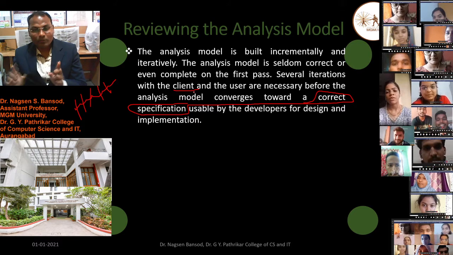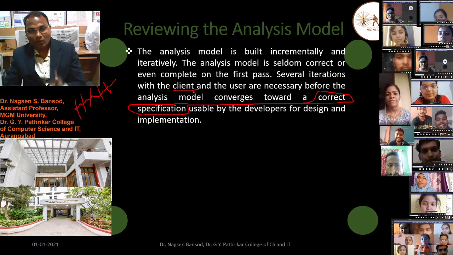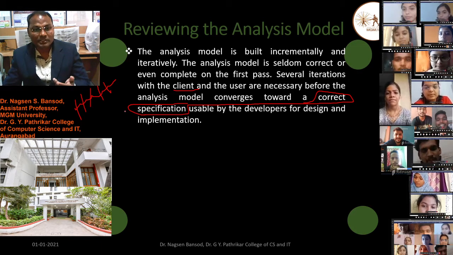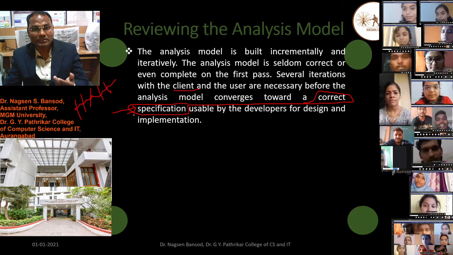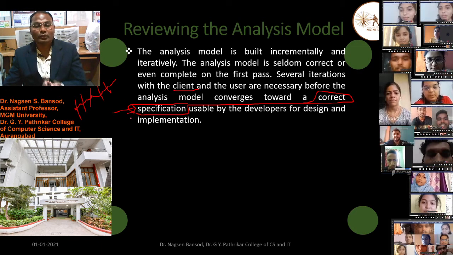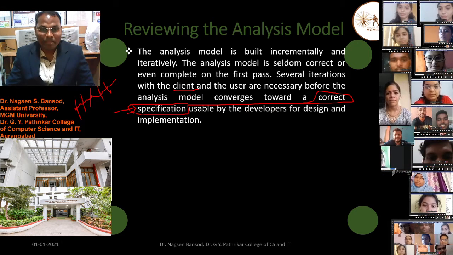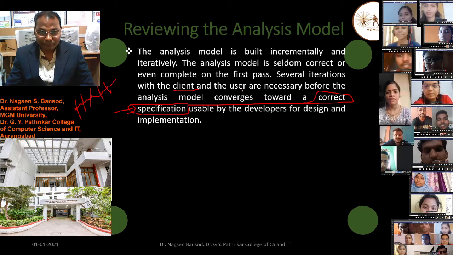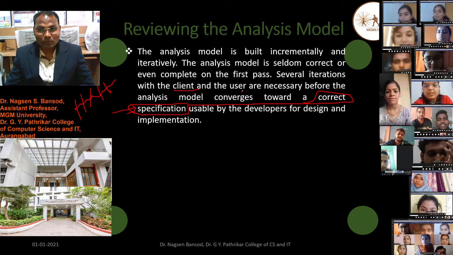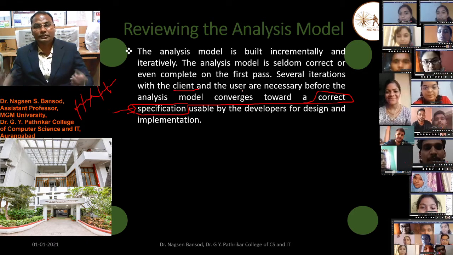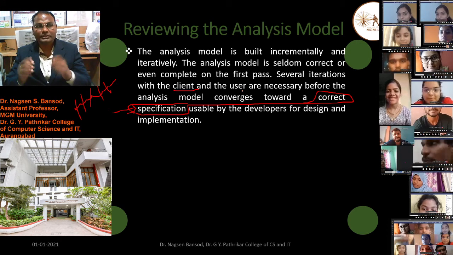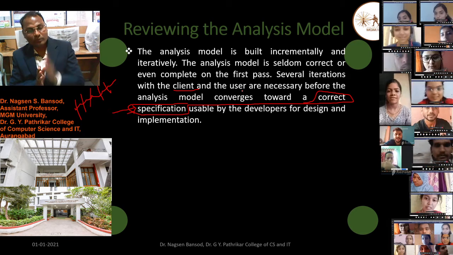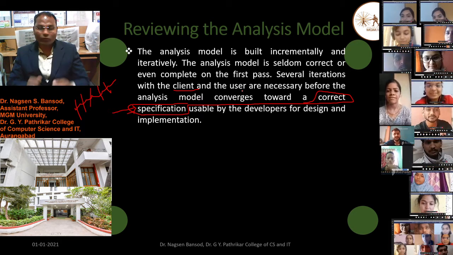The developer should go to the client, or the client should go to the developer, with some specification, with some information about which software we are designing. For this, there should be several communications with the client and user before development, before taking the requirements of the software.